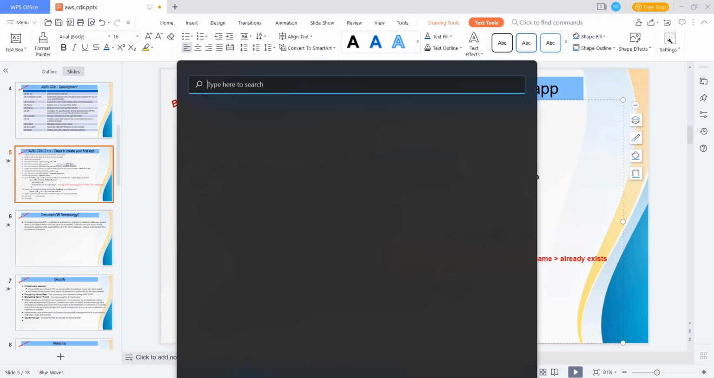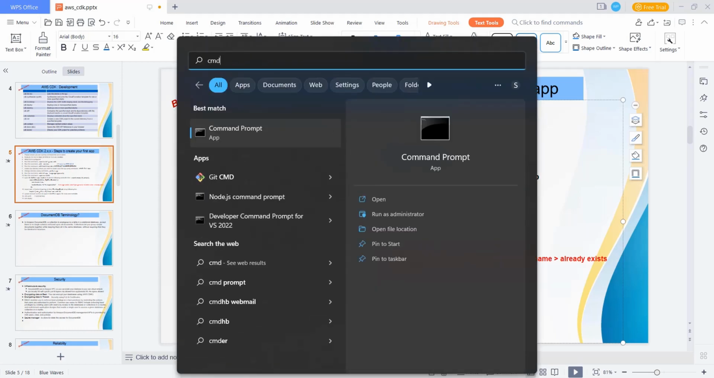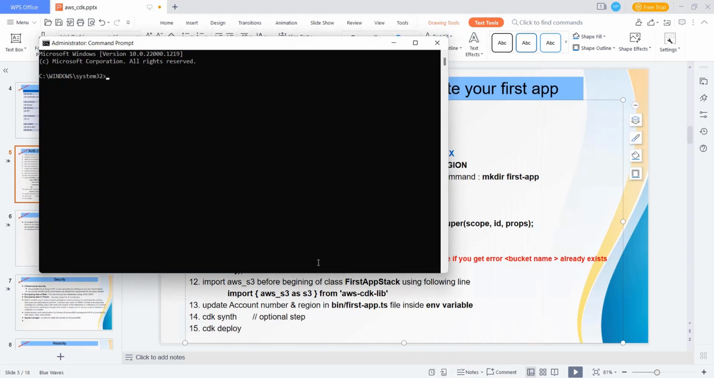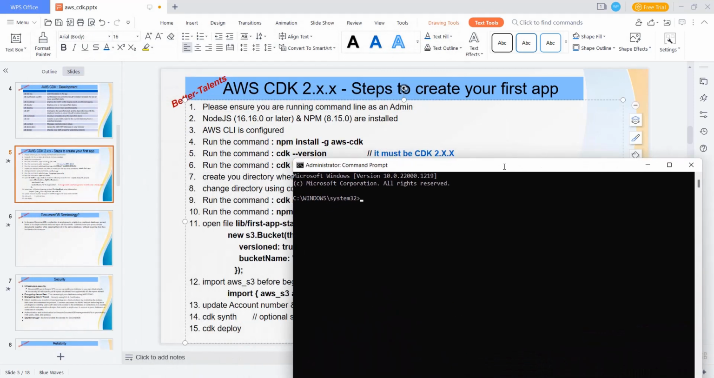So first we're gonna start with the command line. Make sure the command line is run as admin. Otherwise you're gonna face some issues, like permission issues, or you have to change some settings. So we are done with the first step,